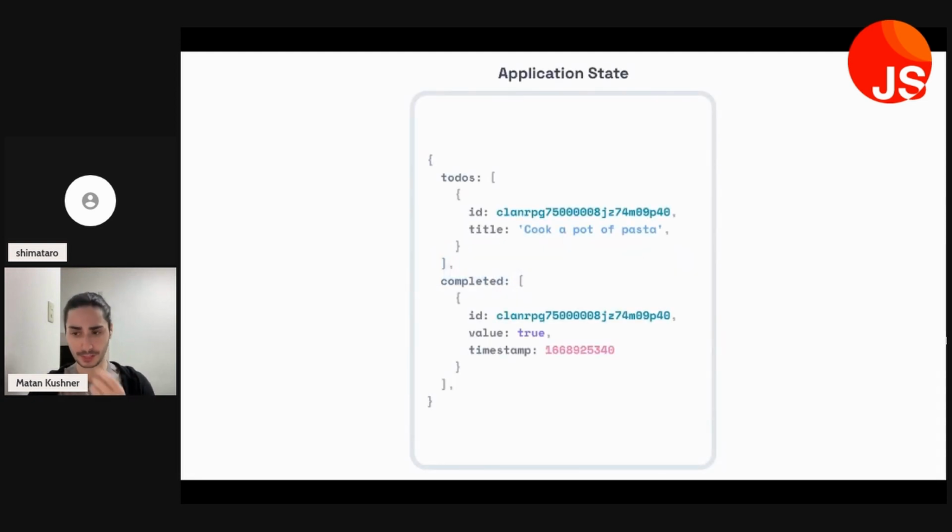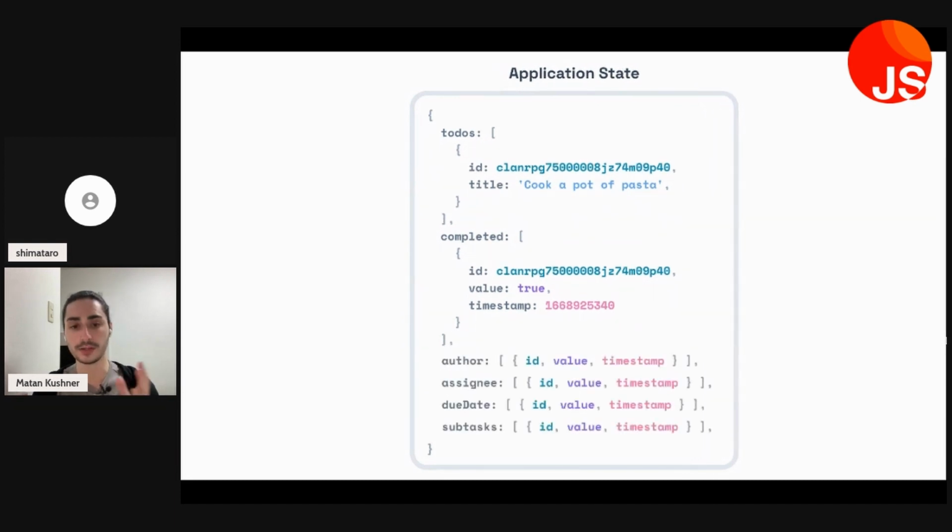So looking back at the application state, our LWW map doesn't just work for completed state, binary state like this. We can use it for any number of things like author, assignee, due date, subtasks. If you know of the project management tool Linear, this is actually what they do under the hood. It's a complicated to-do list app, basically, and all they have is a last write wins map for collaboration. That's all they need to make it real time, and it's super easy to fit it all in your head, right? To make sense of it logically. Real time doesn't have to be very complicated.